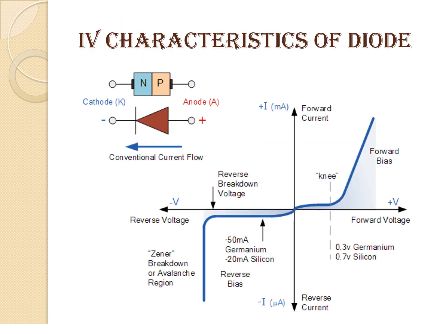Next, the IV characteristics of the diode. IV characteristics is nothing but current-voltage characteristics. The PN junction is given, and we can see here in the IV characteristics the x-axis is the forward voltage as well as the reverse voltage on the left side, and the y-axis is the current. Therefore it is known as the IV characteristics of a diode.